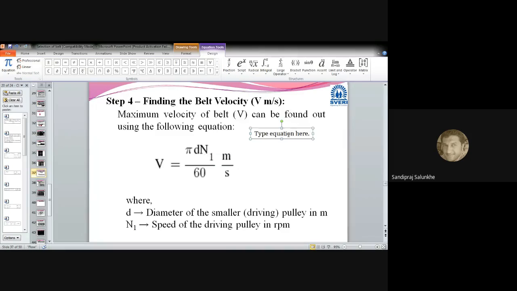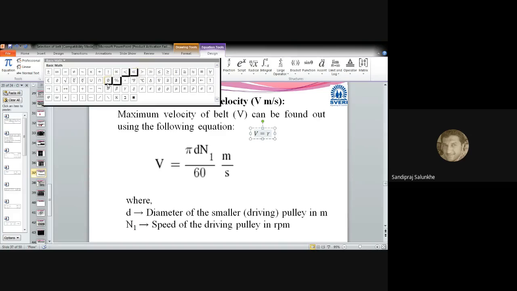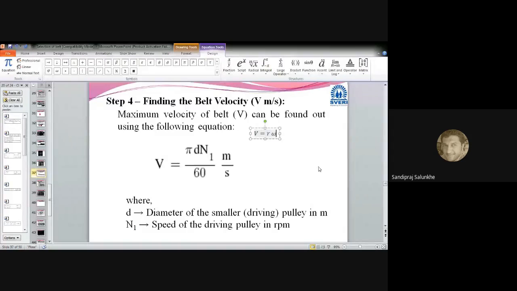So if you remember what v is, v is equal to r into omega. Am I right? If suppose you are going to calculate the velocity of any point which is on the circle,